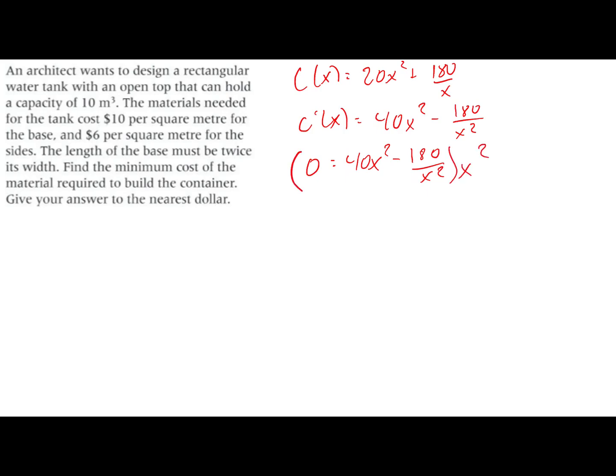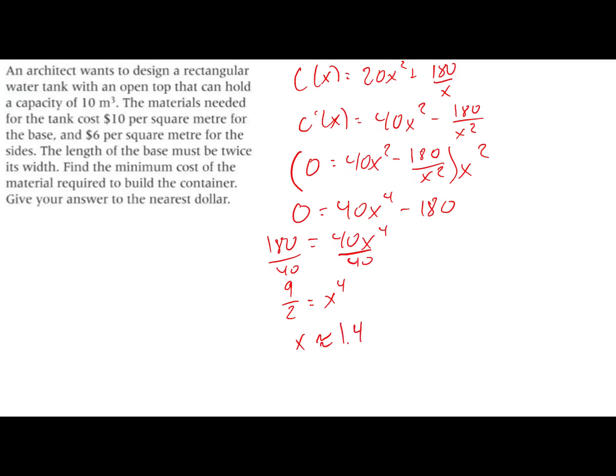So that means that we're going to multiply everything by x squared. Why not? 0 equals 40x to the 4th power minus 180. So 180 equals 40x to the 4th power. Divide by 40. What is 180 divided by 40? 4.5, or 9 halves, is equal to x to the 4th power. Take the 4th root of that, 4.5 raised to the 1/4 power, and x is approximately